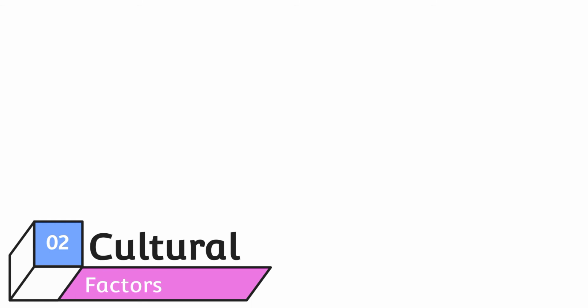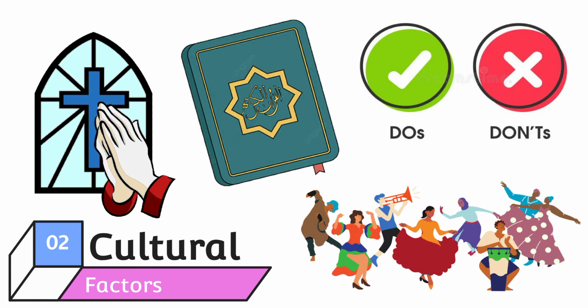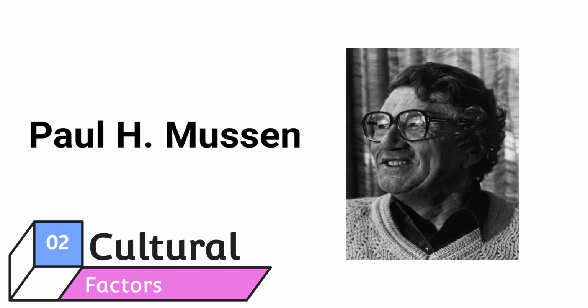The second one is cultural factor. It comprises traditions, customs, norms, religion, institutions, morals, and social standards of a group that affect the personality of group members. Culture largely determines attitudes towards independence, aggression, competition, cooperation, and a host of other human responses. According to Paul Mussen, each culture expects and trains its members to behave in ways that are accepted by the group.